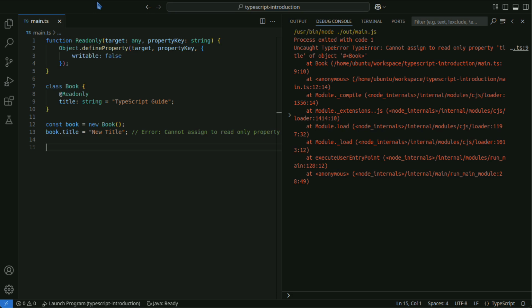Parameter decorators are applied to the parameters of a method. They are usually used to store metadata or validate parameters. Decorators take 3 arguments: the prototype of the class, the name of the method, parameter index.